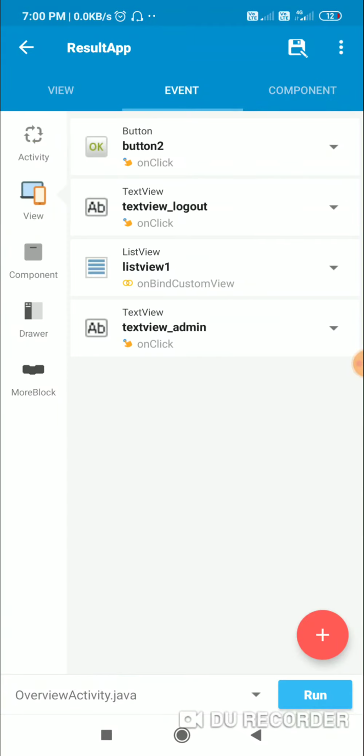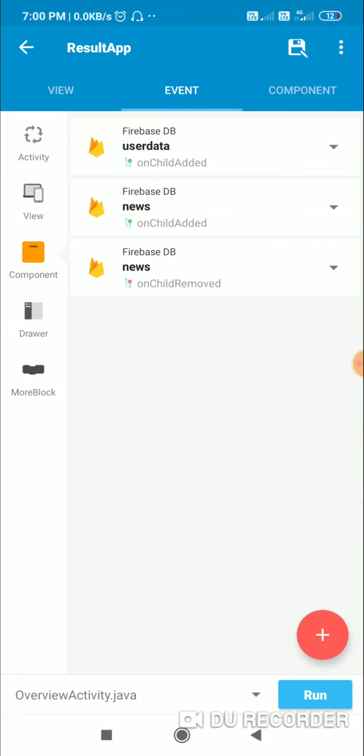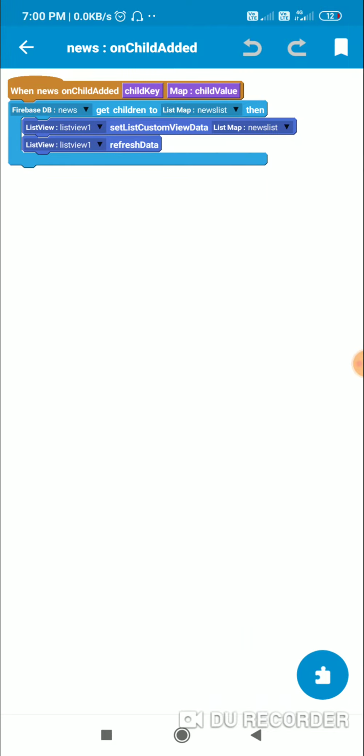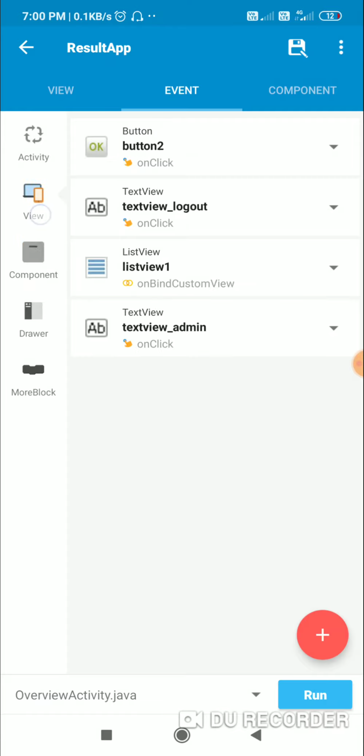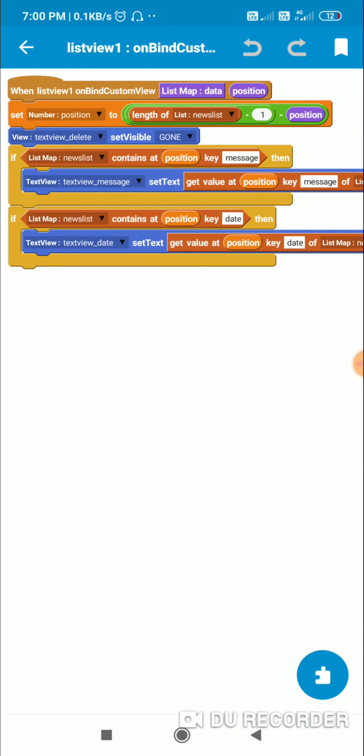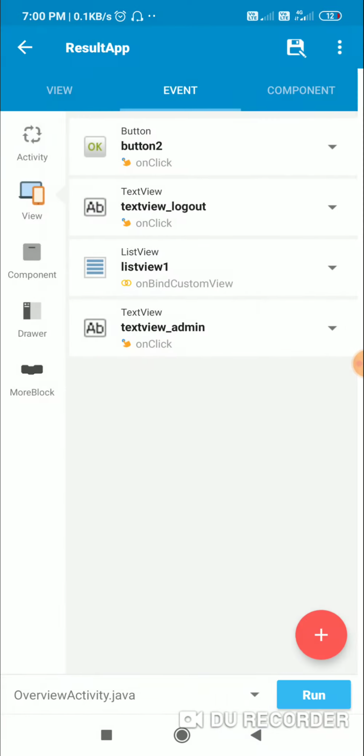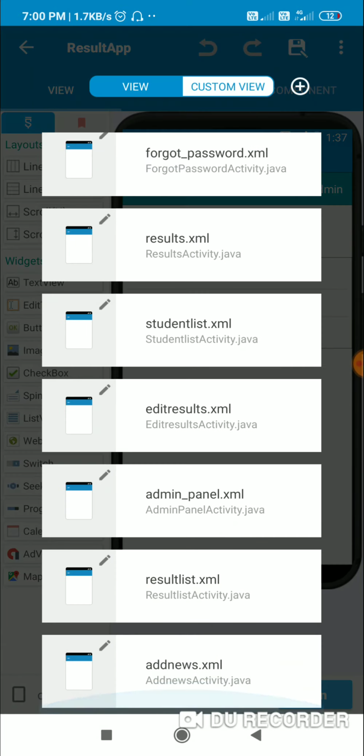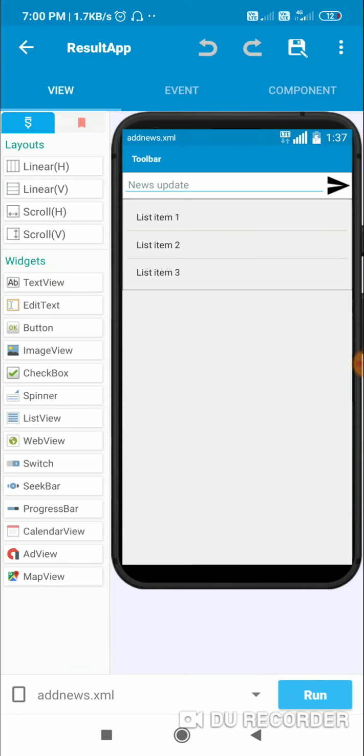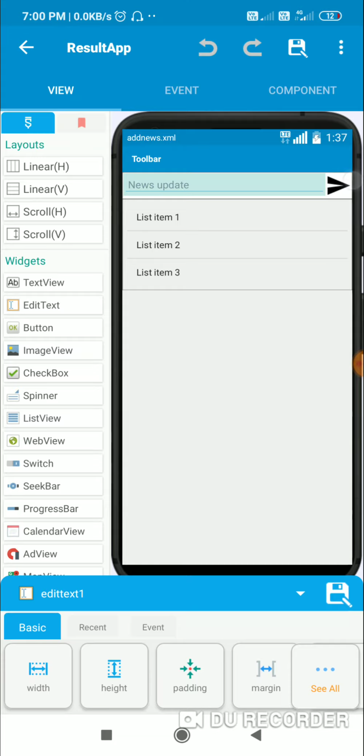Okay, and I got the news using this block list map to this news list, and I displayed it like this. So I will do the same thing here in add news activity also. So here when user writes something in edit text 1 and clicks on this send button